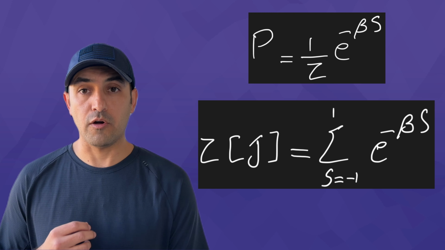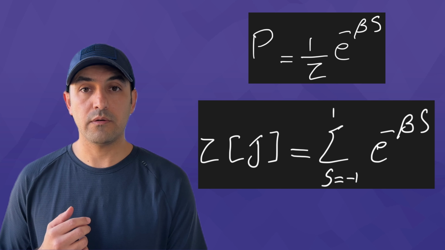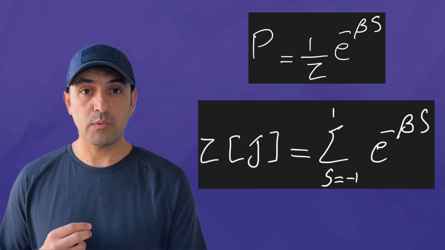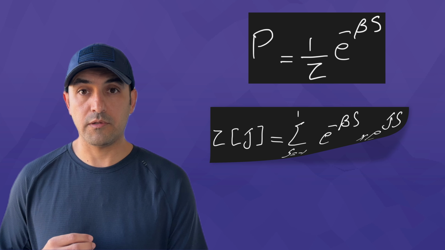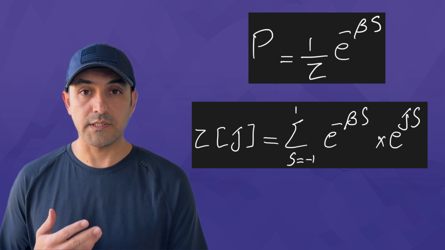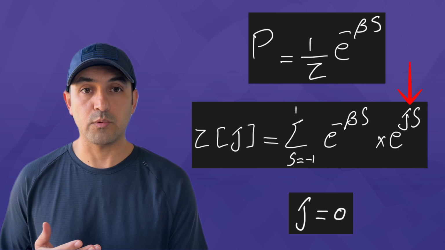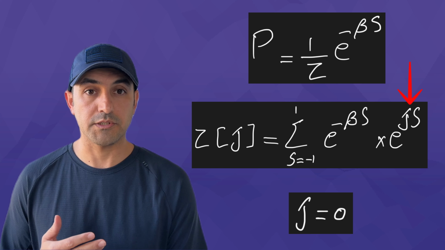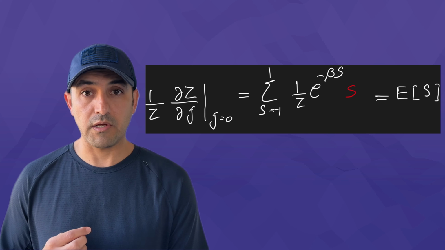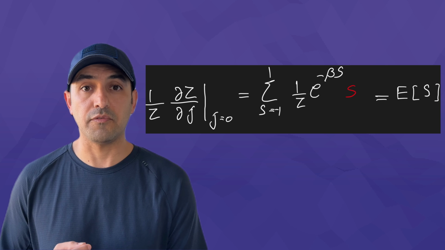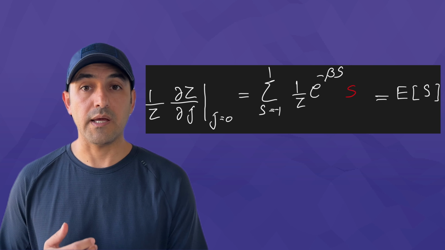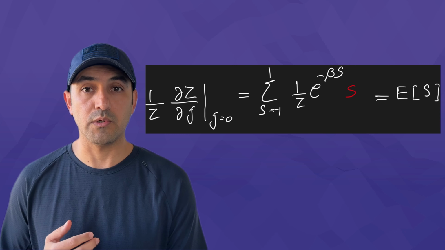We know that the sum of all the probability states must be 1. Therefore, Z, which we call the partition function in physics, must be equal to this term. Now, I multiply by 1. That means I multiply the partition function by this exponential term and then set j equal to 0 at the end of any calculation. By a simple derivative, I can find out that the expected value of the neuron state S is just the following derivative of the partition function with respect to j. And remember, I have to set j equal to 0 at the end.